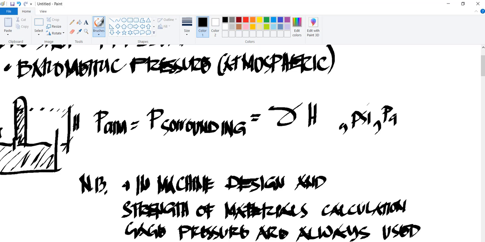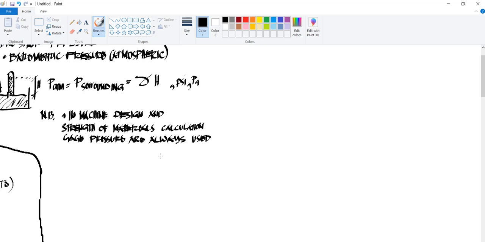So if you forgot, you convert it to the absolute, then substitute it in the equation for bearings, acting on the surfaces for the strength of materials. So that is the difference when you're making calculations for machine design and strength of materials, and also in thermodynamics and fluid mechanics. Take note, you will notice that thermodynamics and fluid mechanics classes are always